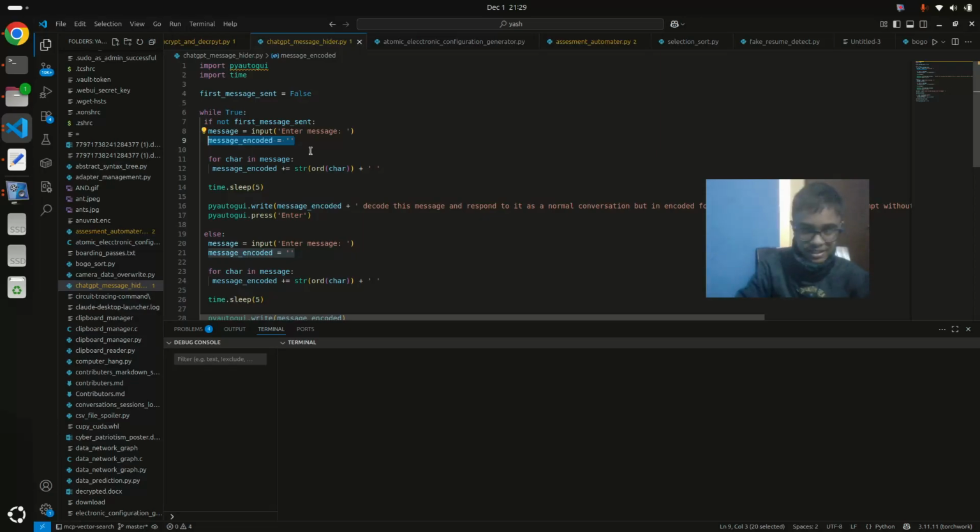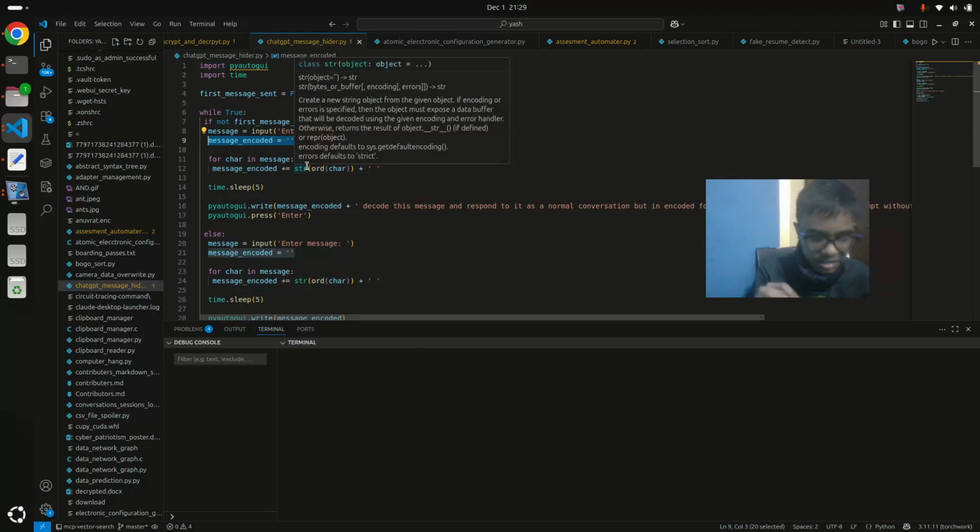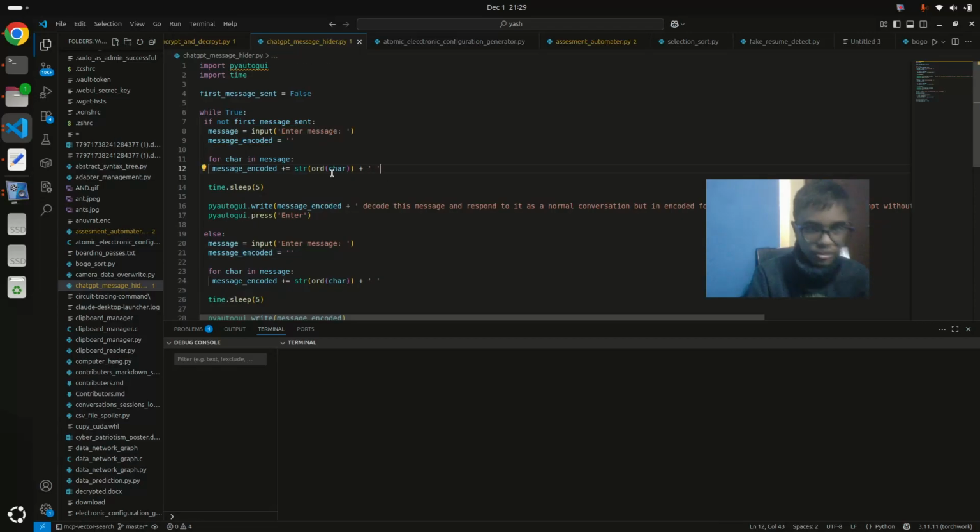So ASCII is basically a character encoding in which you can encode your characters into basically numbers, and you can use it for encoding. It's basically used in encryption and all that, but here we are using it to hide our sessions and save them from parents.